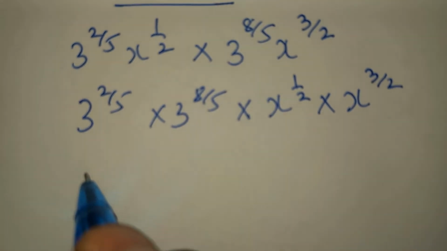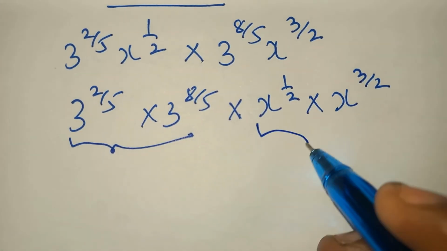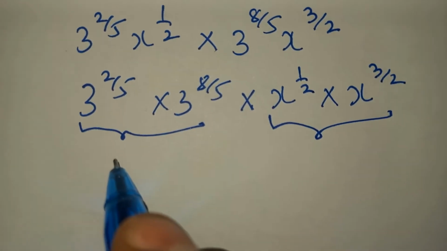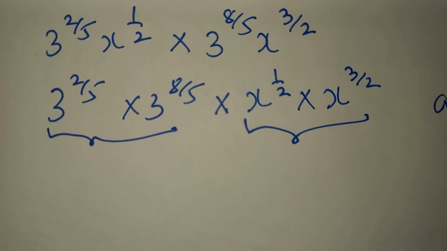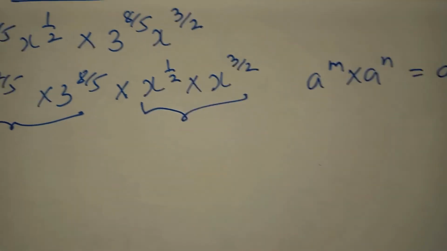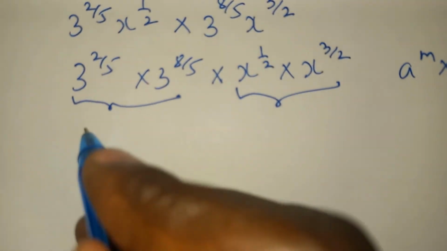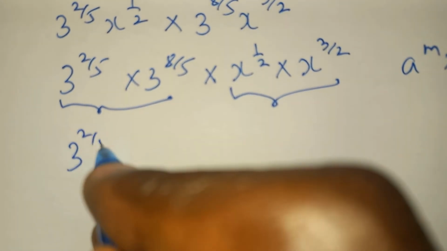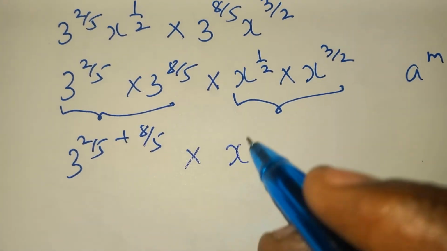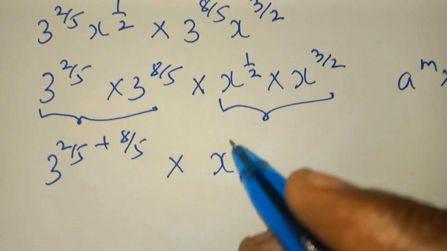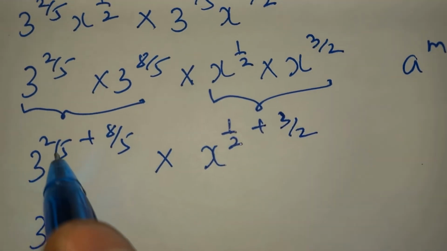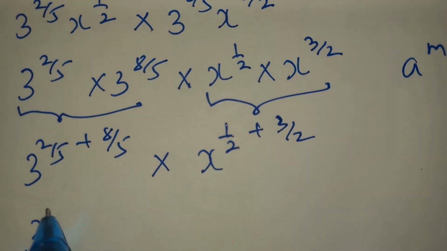Now, using the first law of indices, which says that a^m multiplied by a^n is a^(m+n), we can write this as 3 raised to the power 2/5 plus 8/5, and we do the same on this side, x raised to the power 1/2 plus 3/2. Now, 2/5 plus 8/5 is 10/5, which is